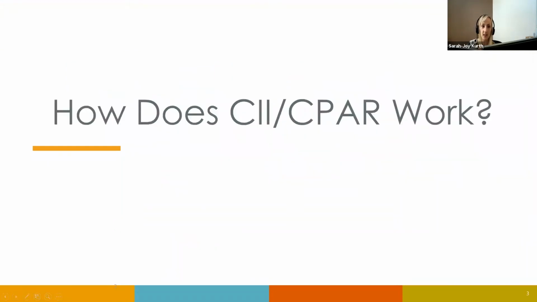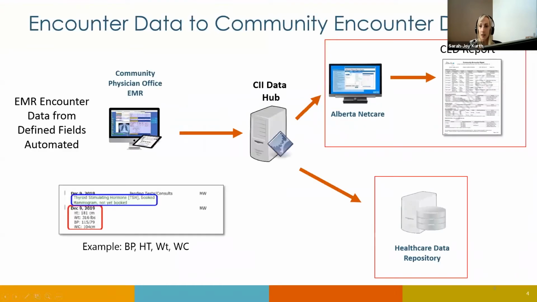So now let's look at how CII-CPAR works for PS Suite clinics that are participating. There are 3 types of information that upload from a community physician's EMR. First, we'll look at the first type of information, and this is encounter data. Designated mapped fields in the EMR will upload every single night from the EMR through the CII Data Hub